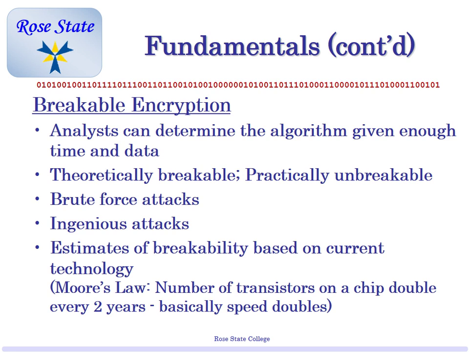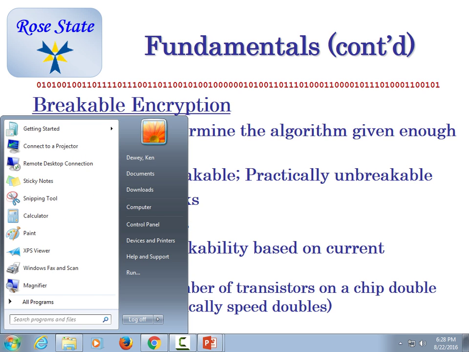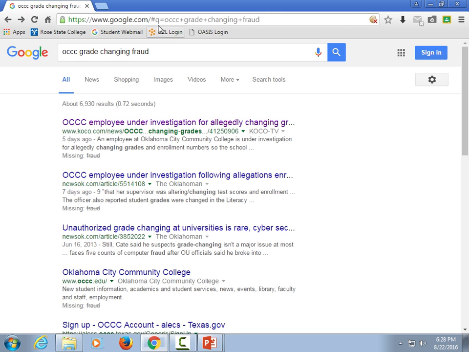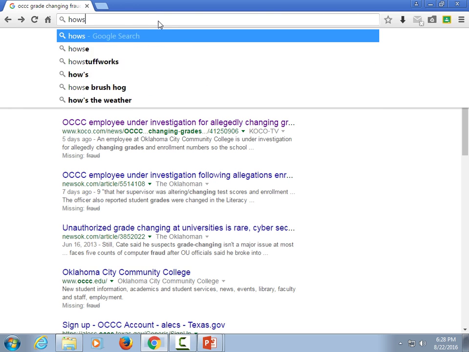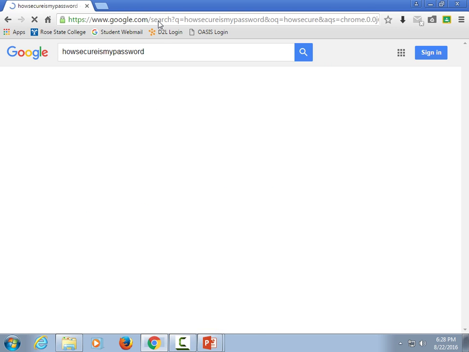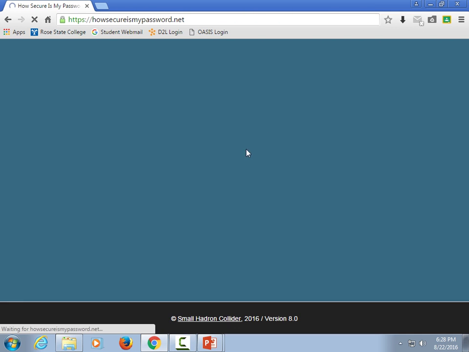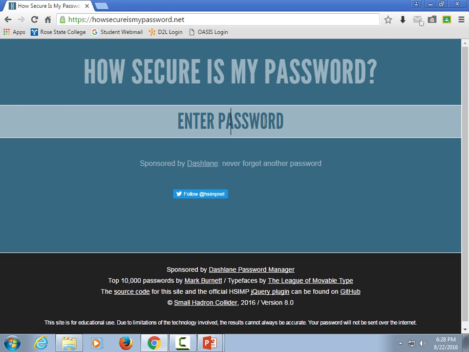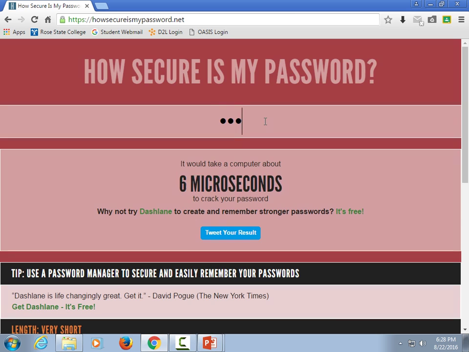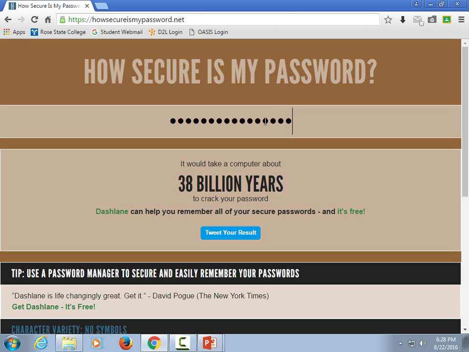We might not be able to, but let me go to this website here. I'm going to show you a website: How Secure Is My Password? Go to this website and type in, I'm going to type in my Raystate password. What do you think? Is that a good password?